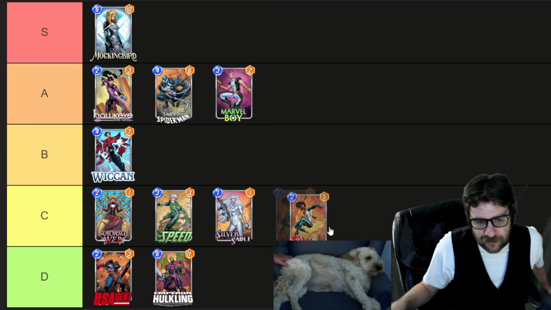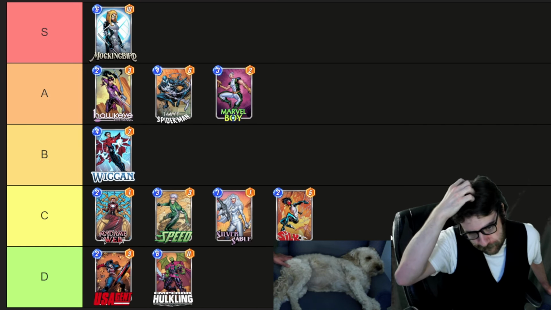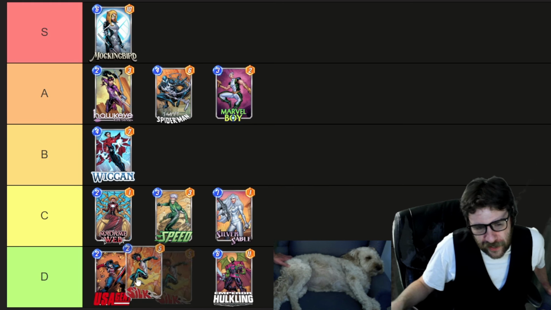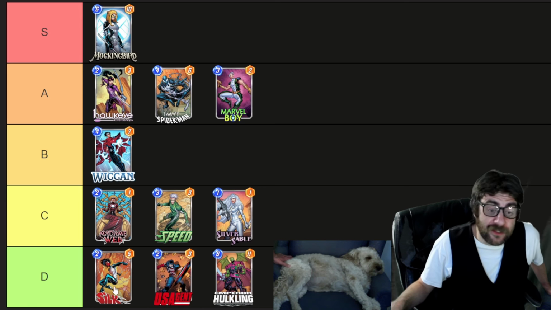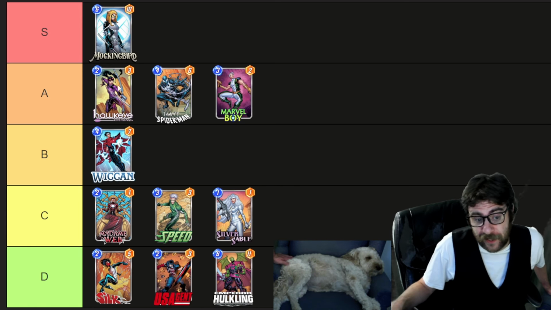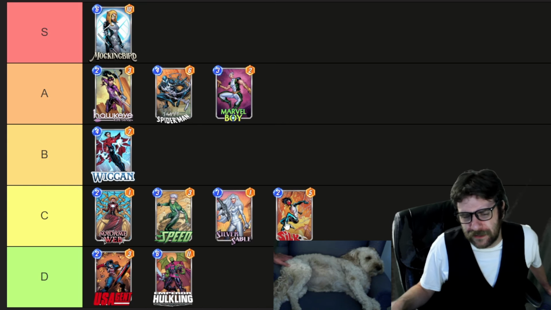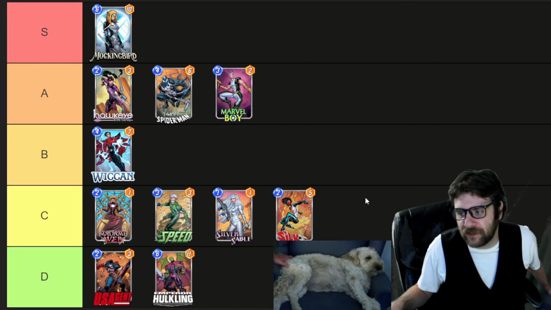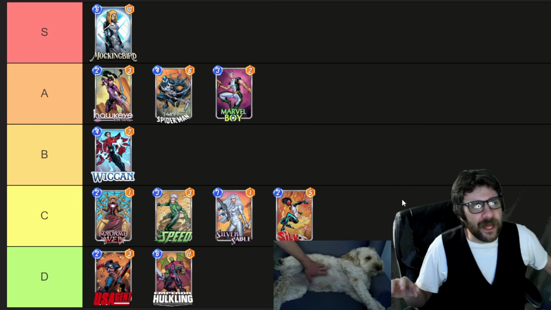And Silk's an interesting one. I think I'm going to put it at C tier, but it could find its way down to D, like top of D, because I think this card's great. It's a 2/5. It's got cool synergies with Kraven and stuff like that. With all the other move stuff coming along this season, I think that probably does bump it up to C,